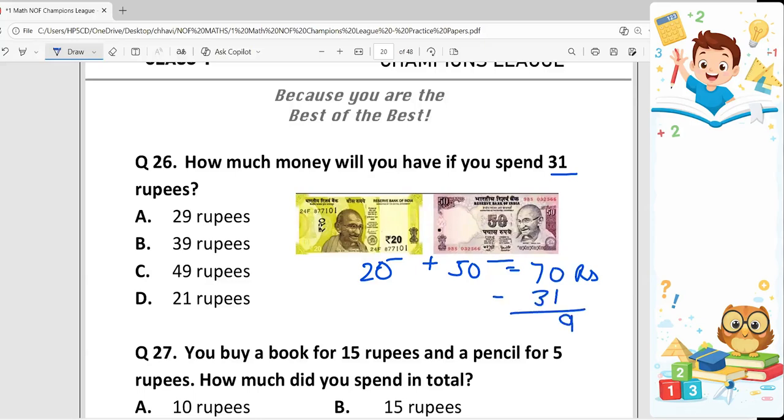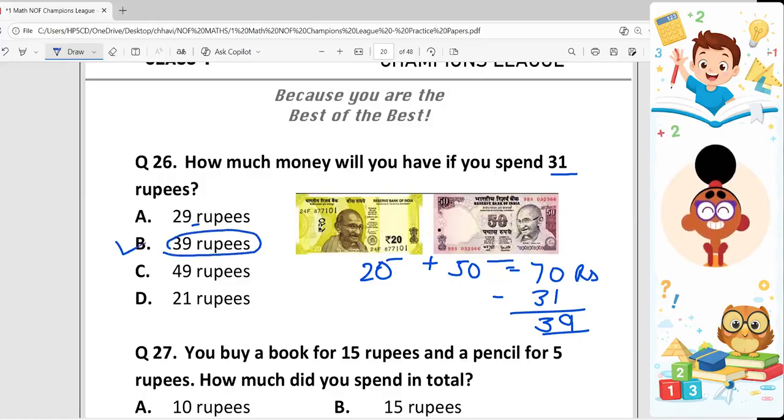So it will be 9 and 3, 4, 5, 6, 7, 3. So 39 rupees is our answer. Now let's see where it is. Option A is 29, option B is 39, option C is 49, option D is 21 rupees. So here is the correct answer, option B. Next,